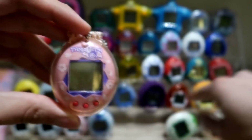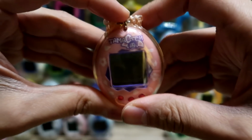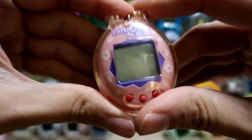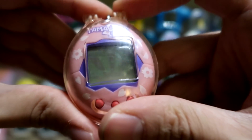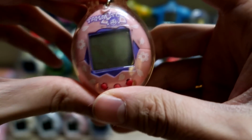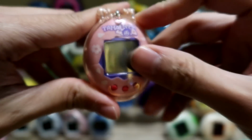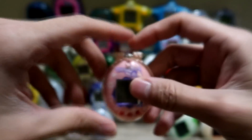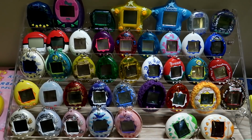A lot of these have a lot of varied shells behind me, or behind here. This one, you are actually raising or taking care of a Japanese actress, I believe. This is also from like 1997, and it's got like sakura petals on it or whatever, and it's really interesting. I've only turned it on and really messed with it. This is like the one I really haven't tried very long, but it's definitely interesting, to say the least, I